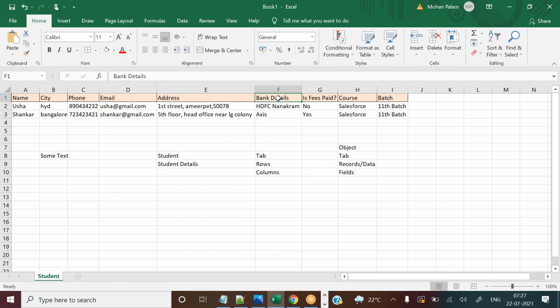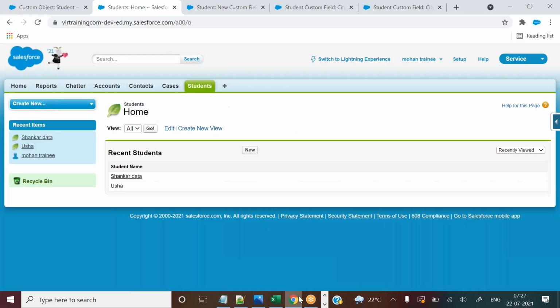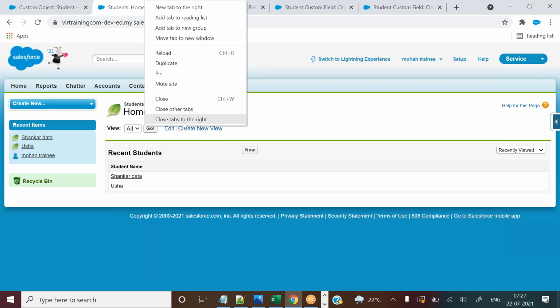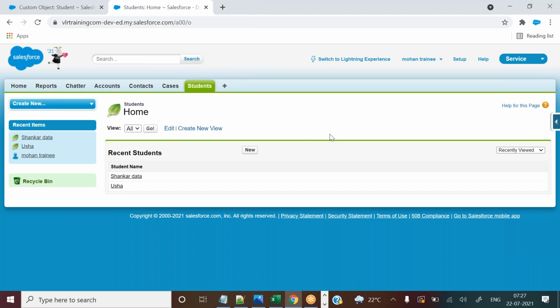Next, suppose they want to store bank account details also. So institute persons, now we need to create bank account details. This one we will create later. Okay, we will create it now itself, not a problem. Where do we need to create the fields? We need to create fields in the object detail page. So you need to go to the object detail page.